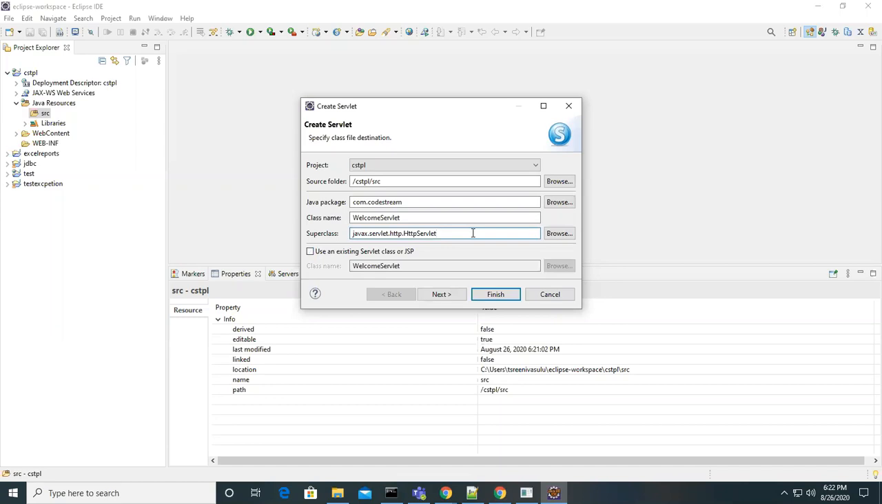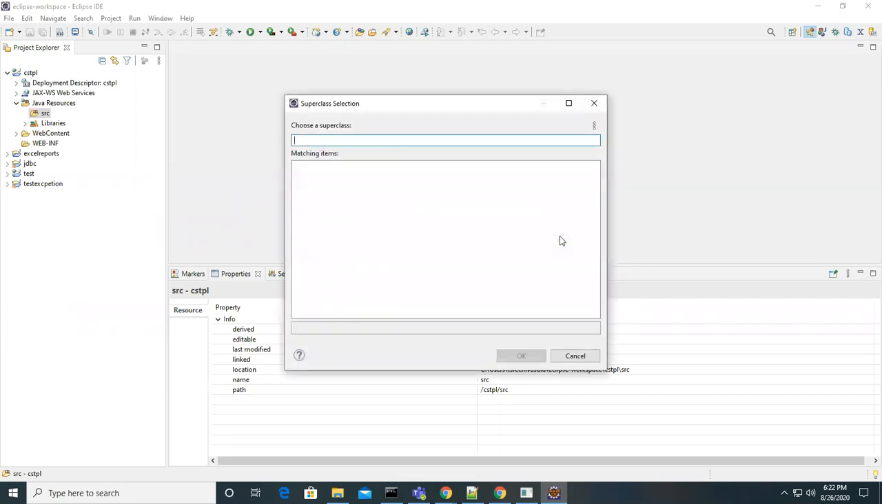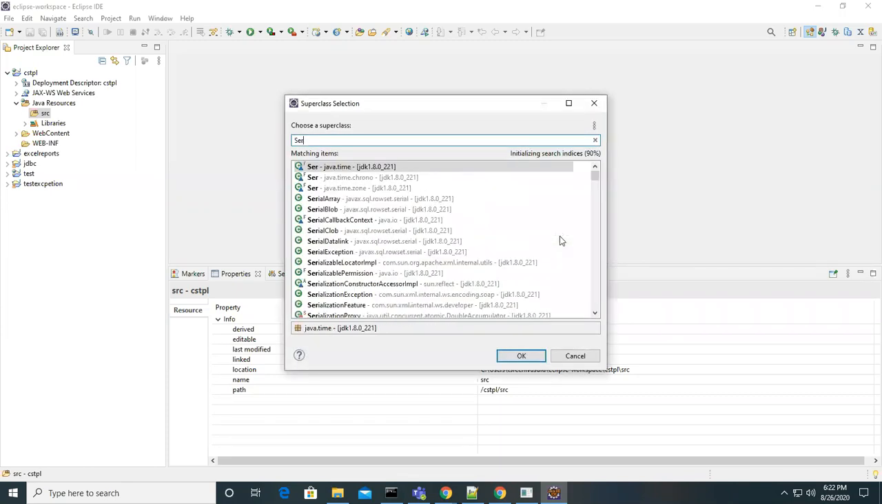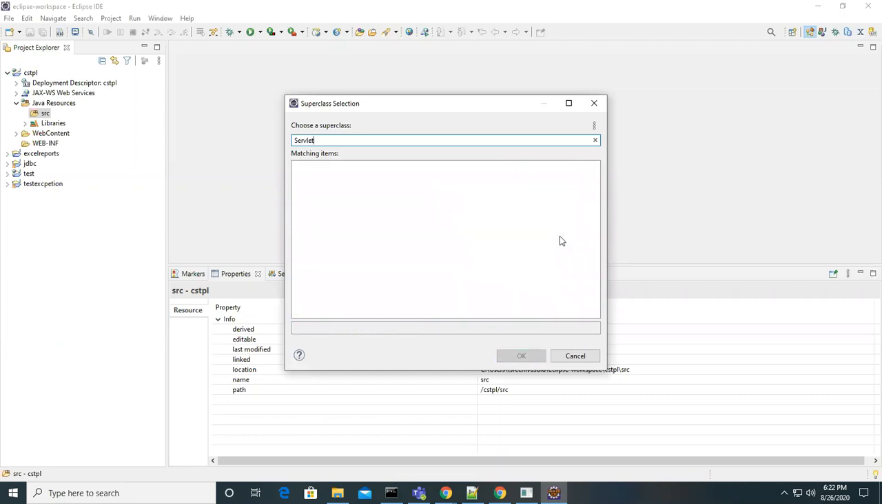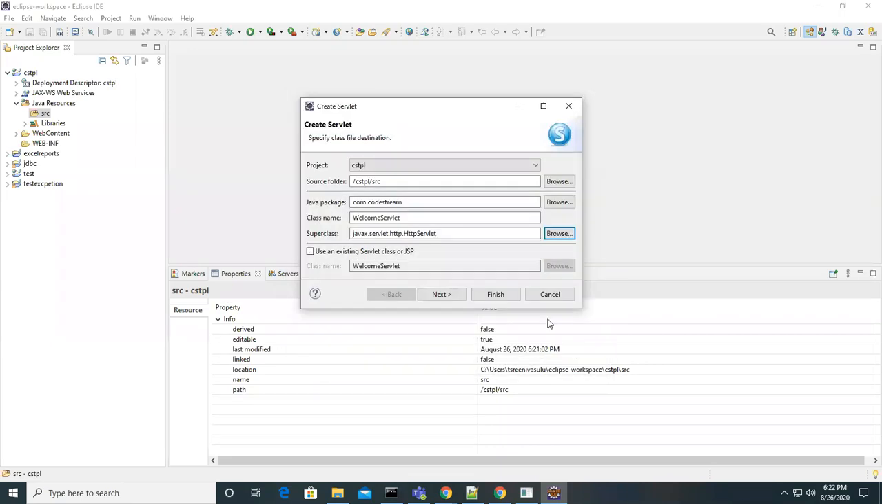Yeah. So class name and super class. What is a super class? By default, what it is showing here is javax.servlet.http.servlet. I will come to this point later. So for now, what we learned till now, a class which implements the servlet interface is nothing but